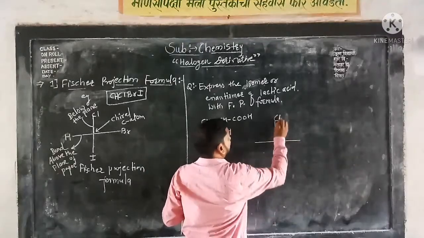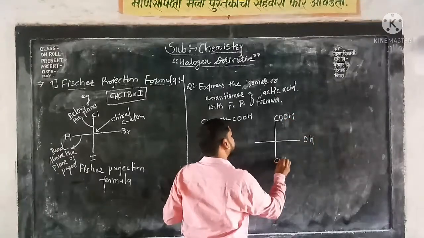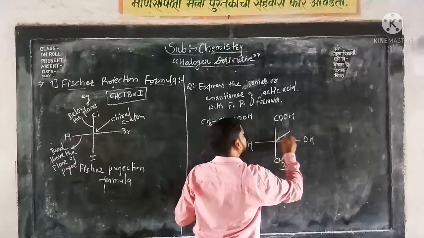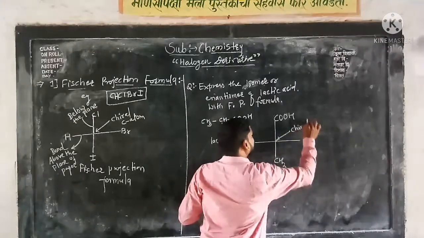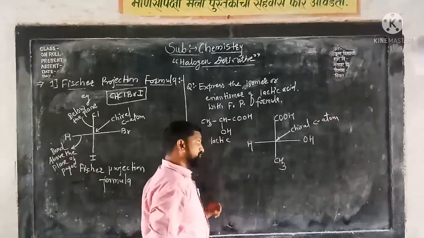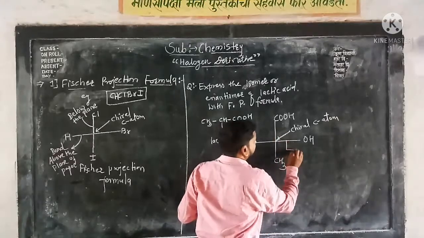Okay, so COOH here, OH here, CH3, and here H. Okay, what is this? This is your chiral carbon atom. We know what is meant by chiral carbon atom. After that, see here, this bond